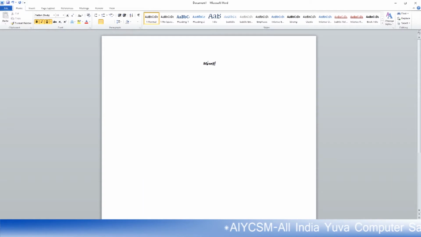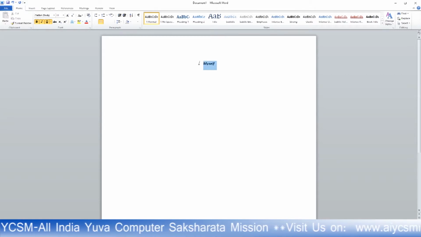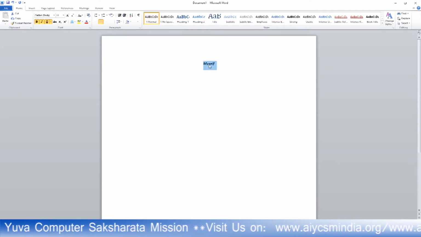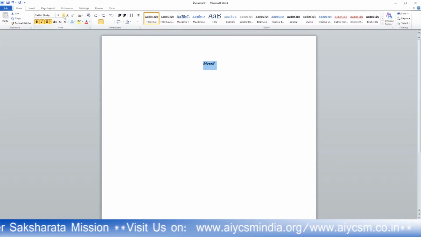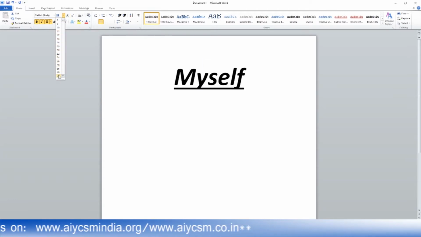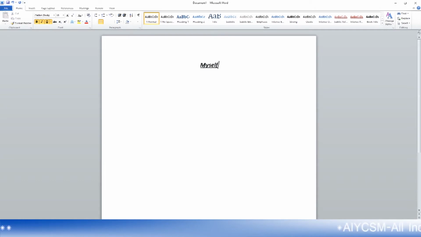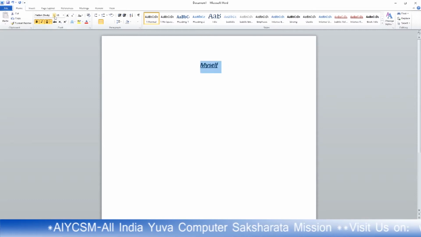So these three things are selected right now on your font. The font became bold, the font became italic, and the font has an underline. If you want to increase the size of this word's font, you can go to this option. From there you can select any of the sizes. You will see that it shows different types of sizes. I select 18, so your font became 18. Every letter of this word became size 18.